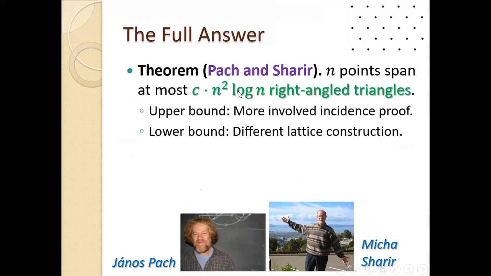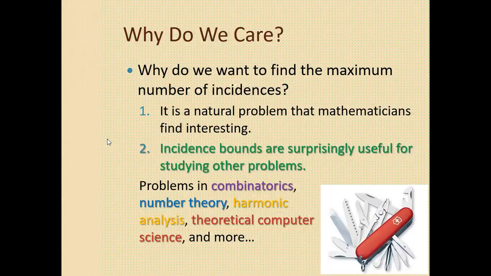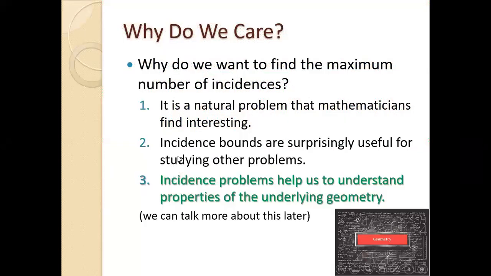And you get that this is an upper bound, that no set of endpoints has more right angle triangles than this. Even if you didn't quite listen, this was just an example of how we can use incidences to solve a completely different problem. And this was an easy one. As I said, you can find a different one in my talk on the New York Math Circle YouTube channel. And there are many more complicated ones. So incidences are really useful. They help in a lot of different places, some of them that first look completely unrelated to geometry. So that's another good reason to study incidences.